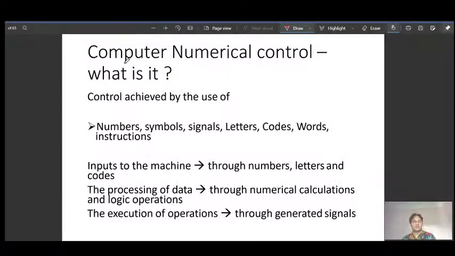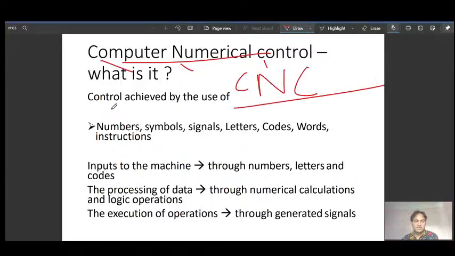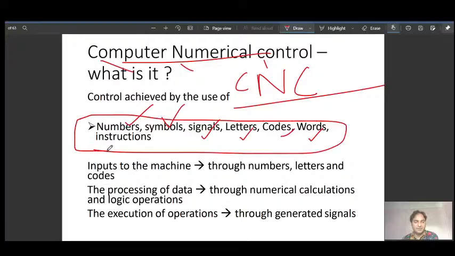As you know, computer numerical control, we take the first letters C and C. The control of the machine tool is achieved by the numbers, letters, signals, codes, words, and instructions that we supply when we go for the coding.